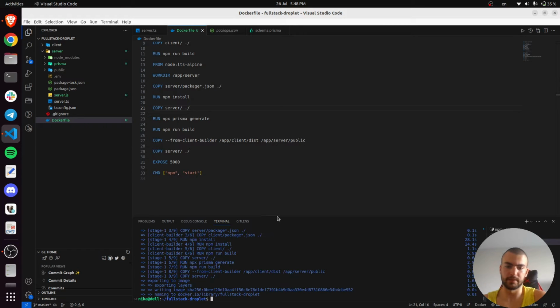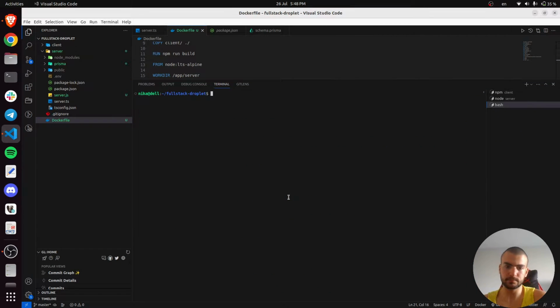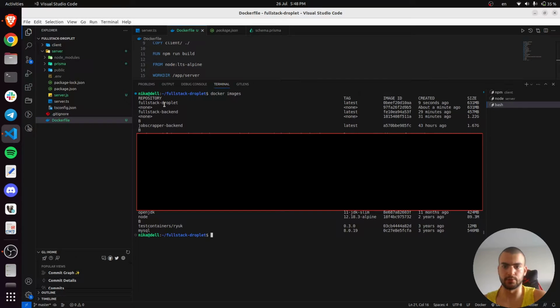Okay, so the build is successful. Now let's check the image. So full stack droplet, latest, 9 seconds ago. That's what we want. And let's run it. So docker run. Okay, if I'm getting this right, it should be,